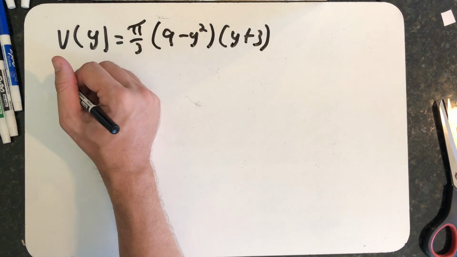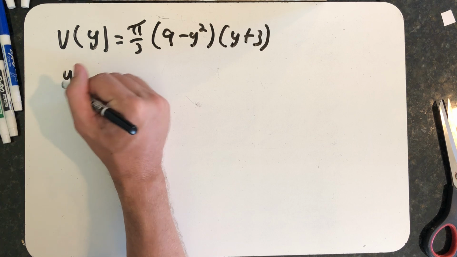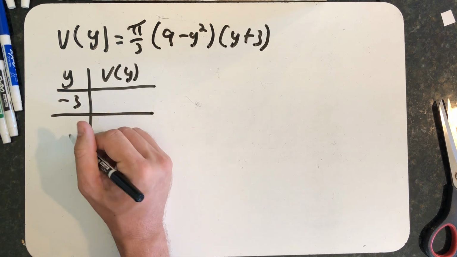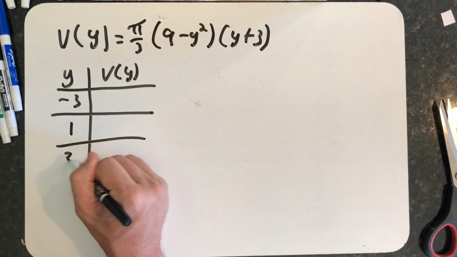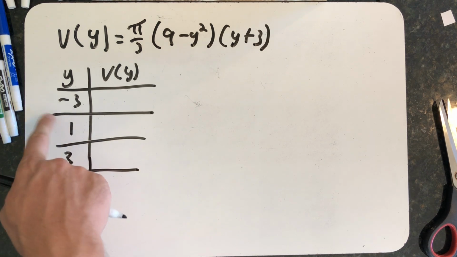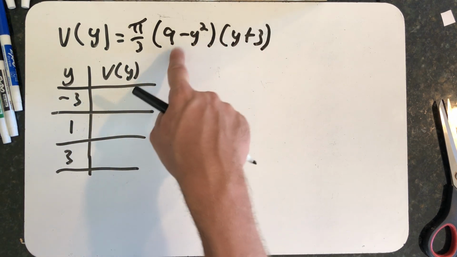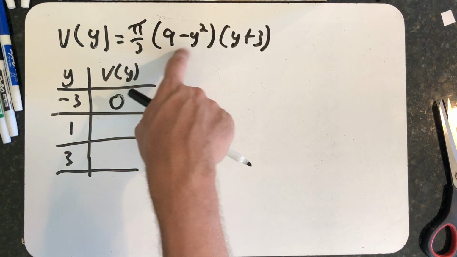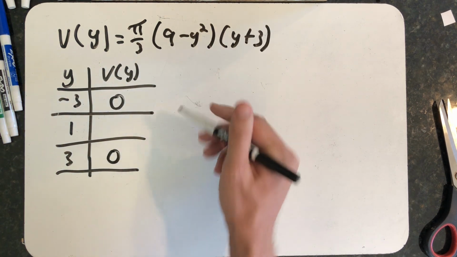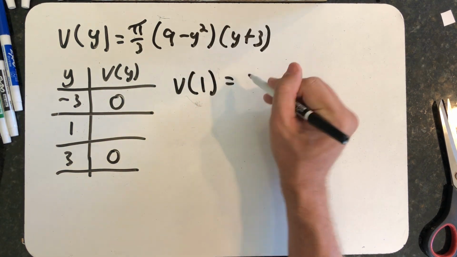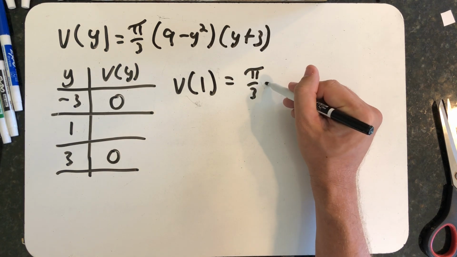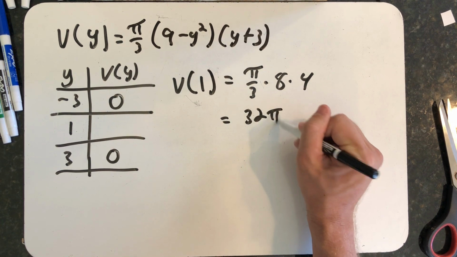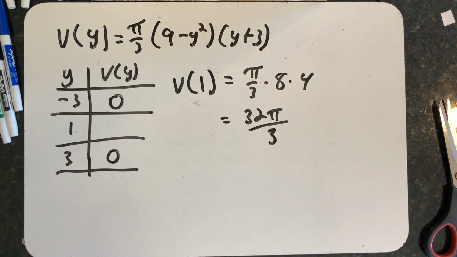And the critical points and endpoints that I need to test are minus 3, 1, and 3. Well, if I plug minus 3, I actually get 0 in both of these parts, so 0 times pi thirds would be 0. If I plug in a positive 3, I get 0 here. 0 times anything is 0, so I really just need to see what happens when I plug in a 1, and I would get pi thirds times 8 times 4. 32 pi over 3